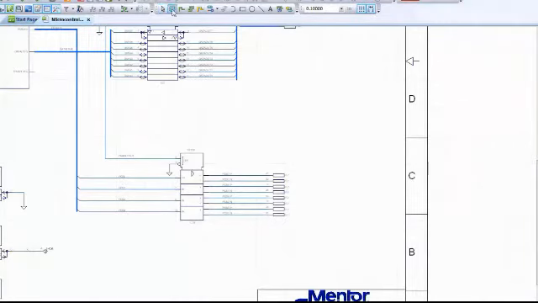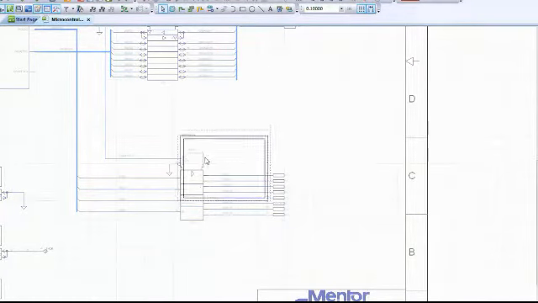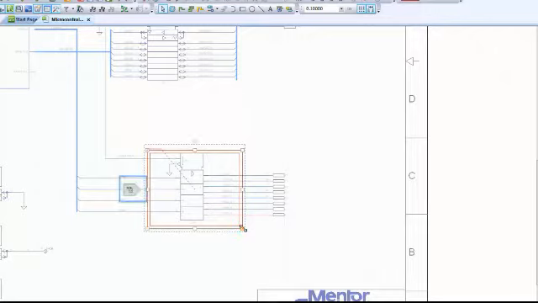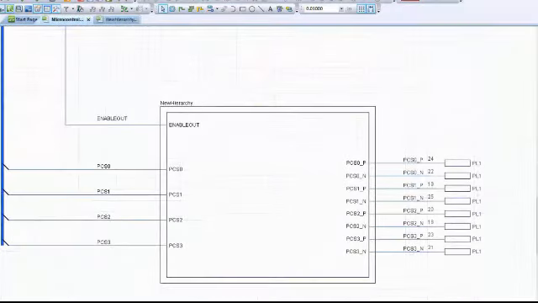We have made changes to the way blocks are instantiated in the design and how the block interface is modified. As soon as the block is placed, it is ready to be renamed. You can then use the block to create some new hierarchy, or use it to create hierarchy from existing circuitry. Once the block is created, you can modify the pins on the block directly in the schematic, including moving pins